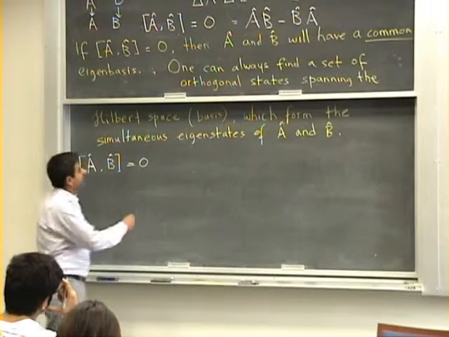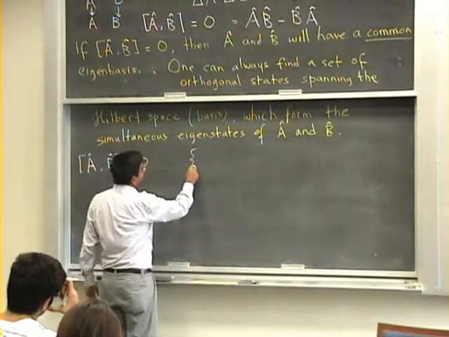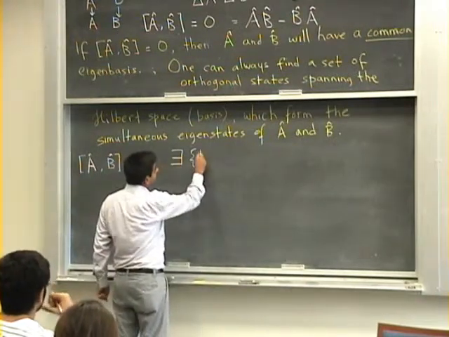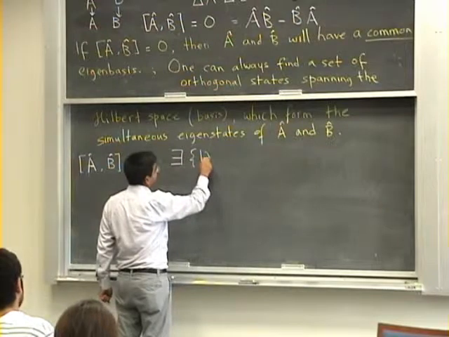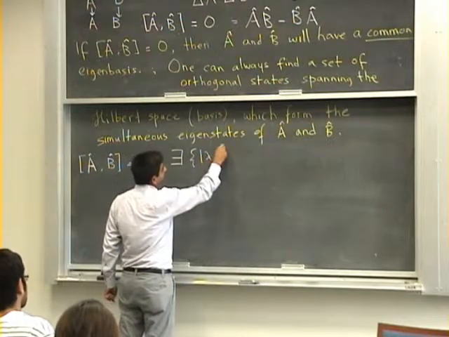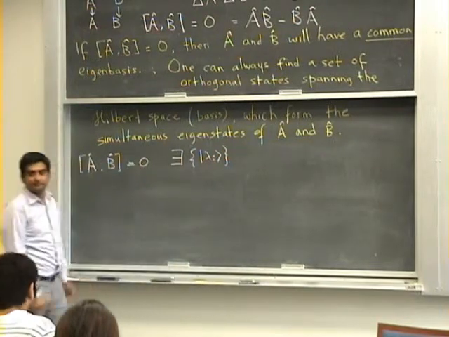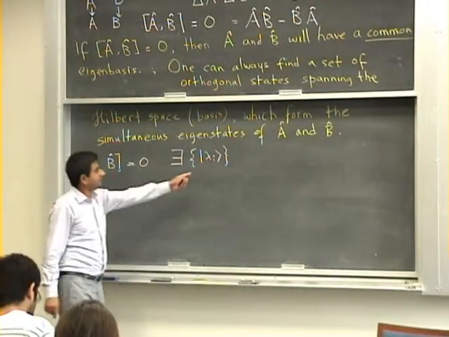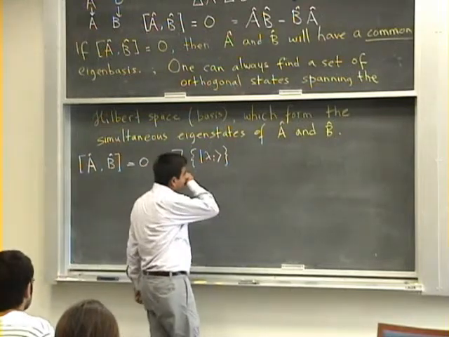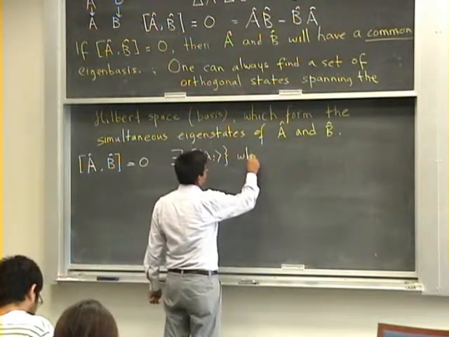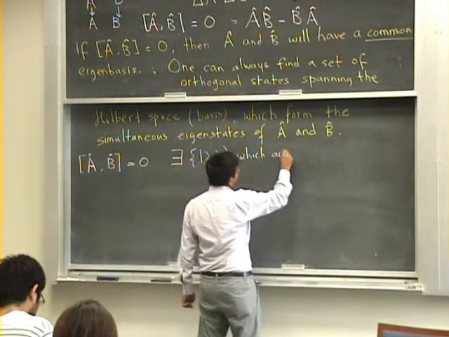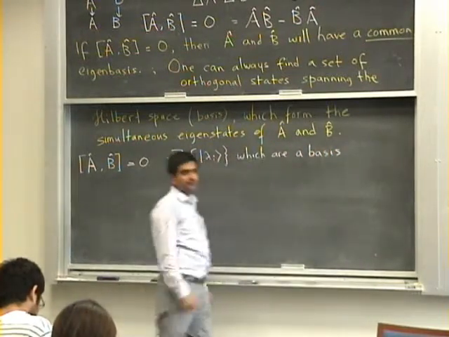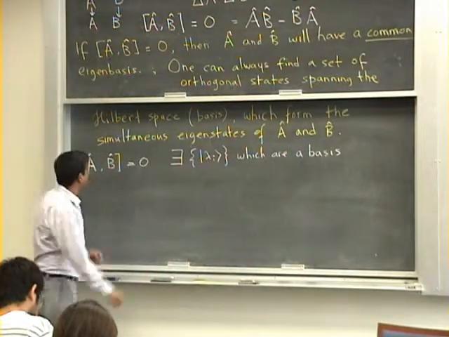There exists a set of states, say gamma i, there exists a set of states lambda i, which form a basis of the Hilbert space such that